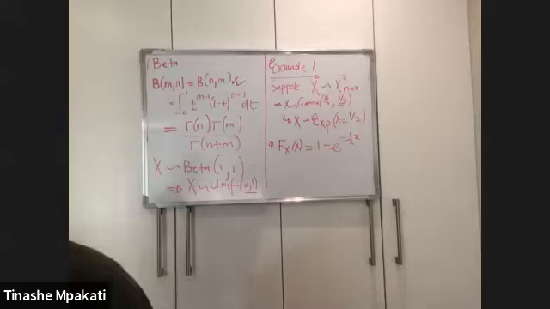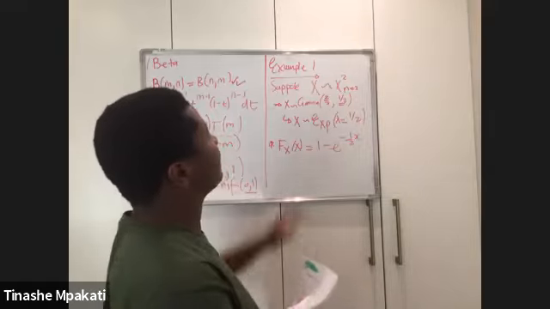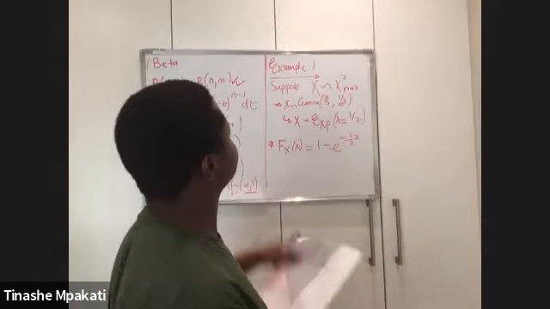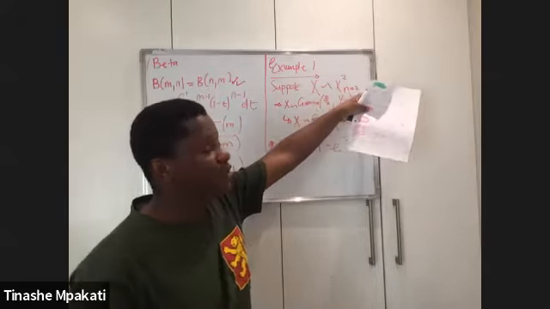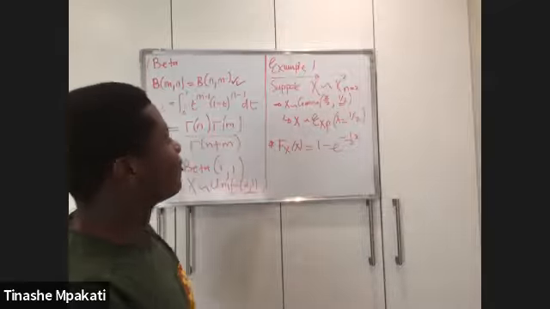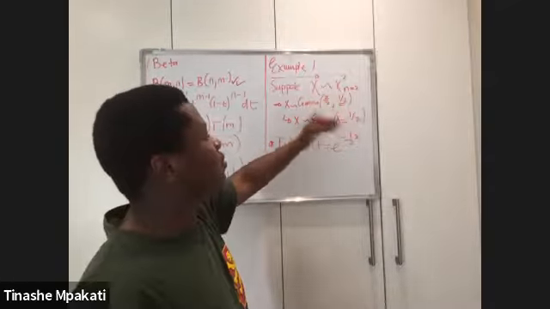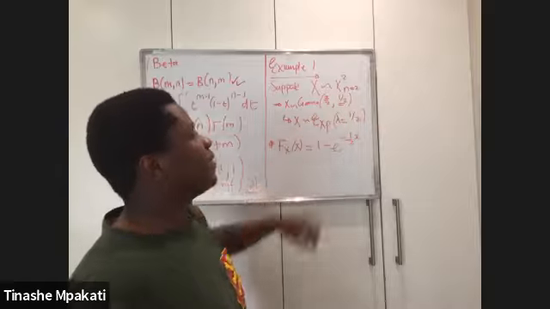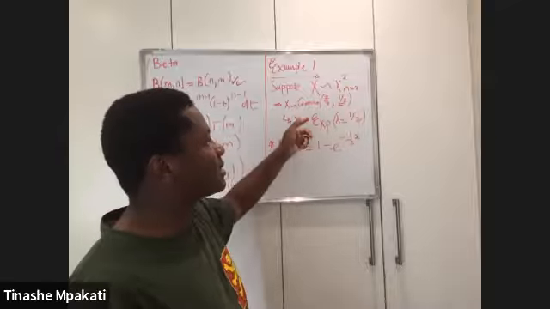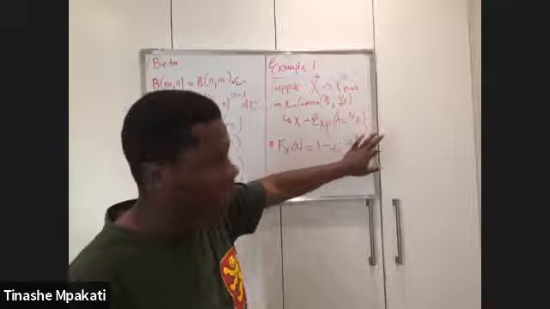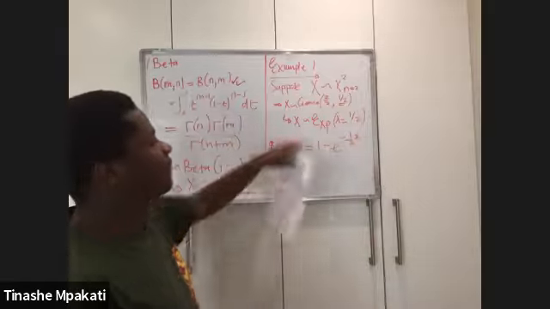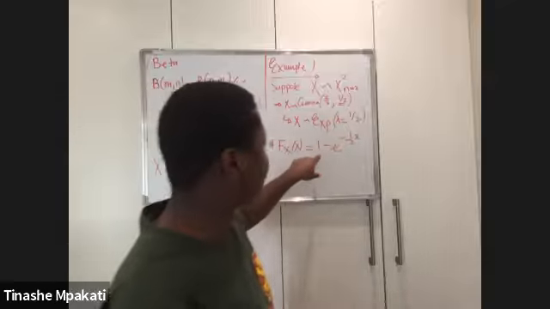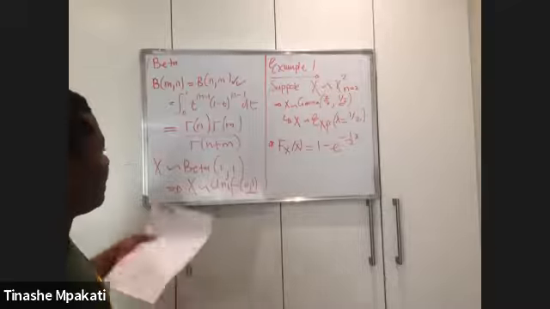What we had before this whole thing happened is that we were given a random variable x, which is for a chi-square distribution with 2 degrees of freedom. And we all agree that from that, it's quite difficult for us to work. So the first thing we did was to translate this into a gamma distribution with these parameters. Then we can go further and translate it into a random variable x for an exponential distribution with our lambda equal to a half. From there, the best thing we can get is just the CDF of x, which as we have here is 1 minus e to the power minus half x.